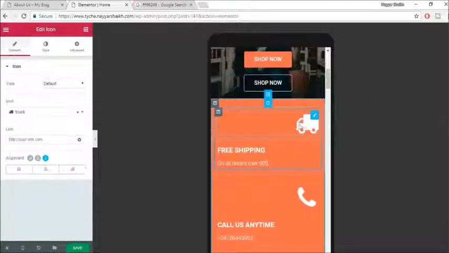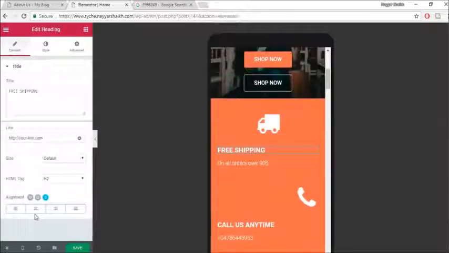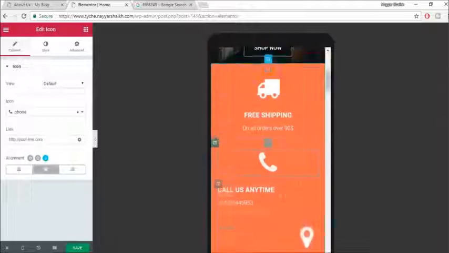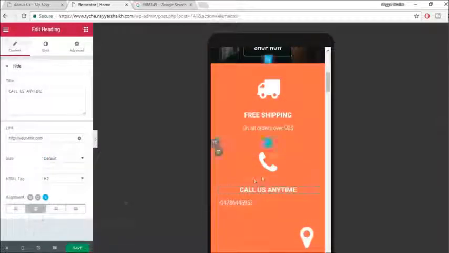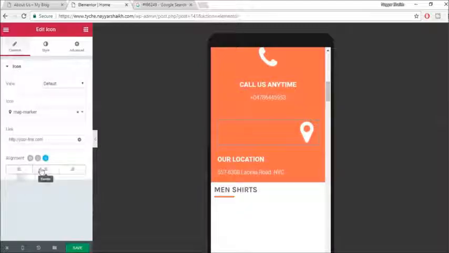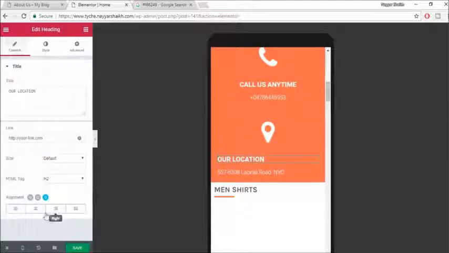So first select this icon, make it center align. Now select these things and make them also center align. And okay, do this for all the things, for all the elements over here. Make everything center align. Okay,